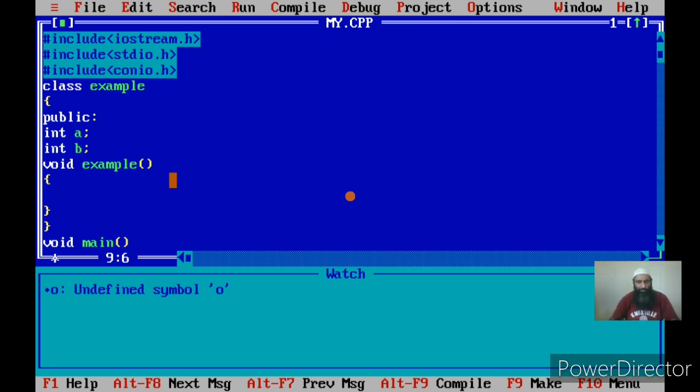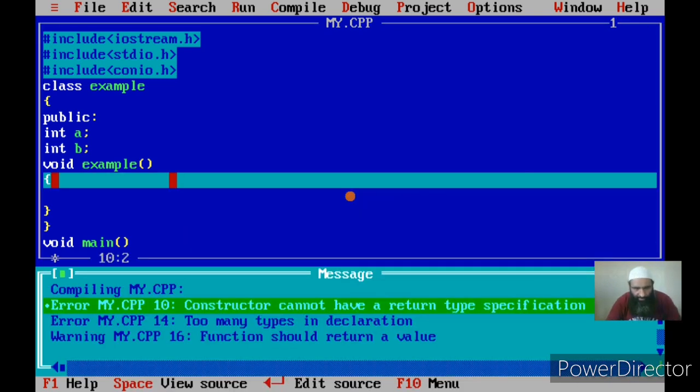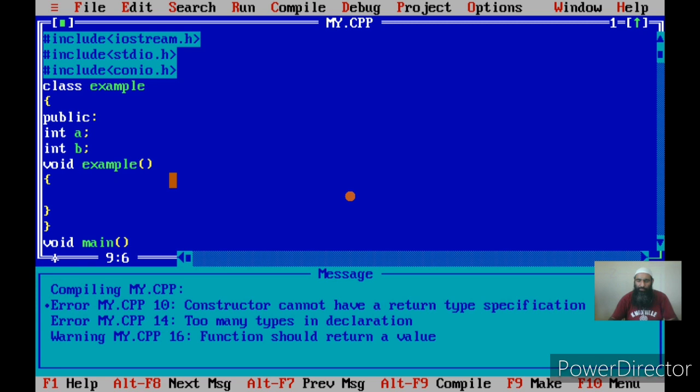Let's see what the compiler responds to the return type. There is an error: constructors cannot have a return type specification. So you must remember that constructors should not have a return type specification. I have already mentioned this in the slide on constructors, but this is how we did it practically.